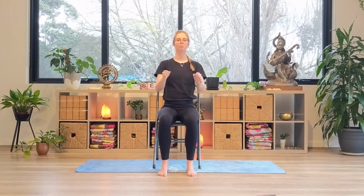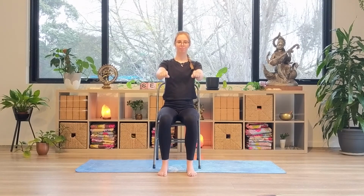Having fists out in front of you, begin to slowly open the fingers up, feeling the movement through each knuckle, spreading the palm and the fingers nice and wide. We then begin to close the fist, again moving really slowly, moving through each knuckle, clenching our fists, opening the palms, and closing. Do one more. Open